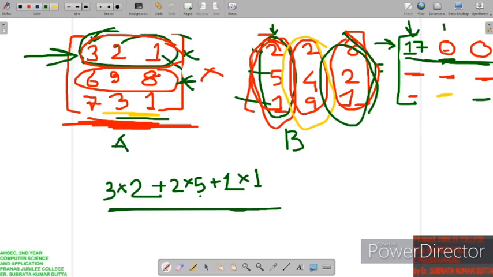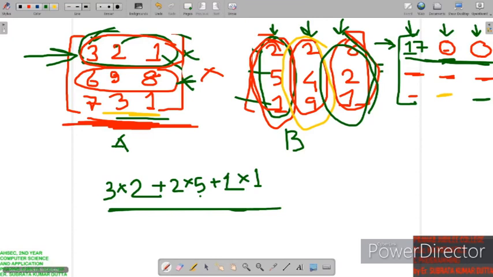Then here the column number is the second column of the resultant matrix, so the second column will come from the second matrix, and then here it is the third column number, so the third column will come from the second matrix. So whenever you are multiplying, you just look at the row number and the column number. For whichever row number you are finding, the same row number you will take the elements from in the first matrix, and whichever column number you are in, the column will come from the second matrix.